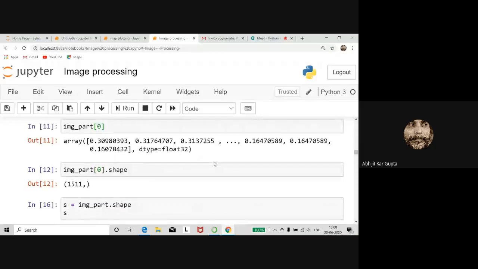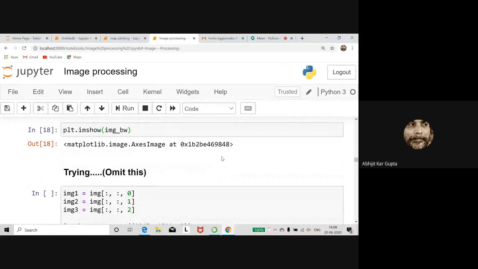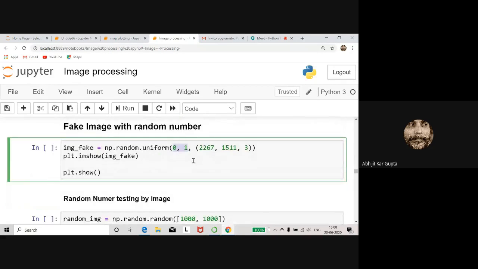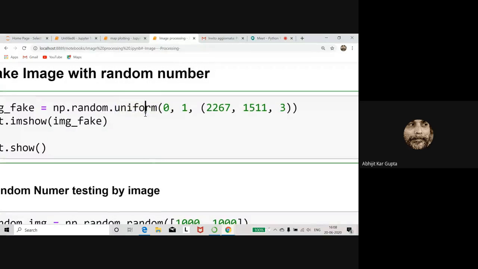Like a child, if I want to play, I will put my own numbers instead of the leopard's numbers. I can put my own number between 0 and 1, but randomly. I discovered something very silly myself, but I found it interesting. This is the uniform random number generator, which creates random numbers between 0 and 1, in a three-dimensional array of exactly the size of the leopard picture.